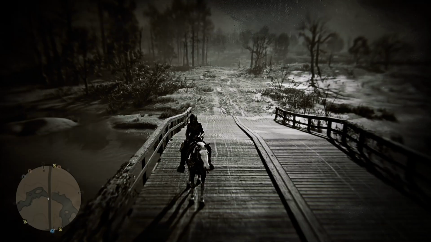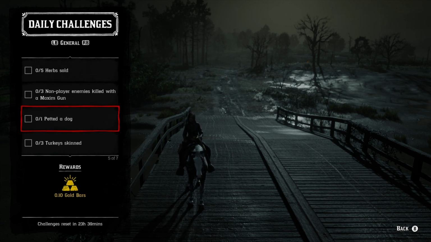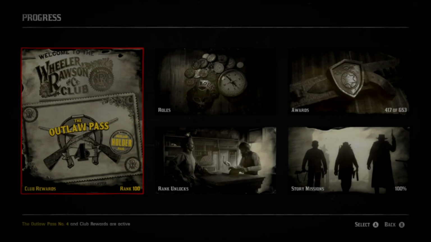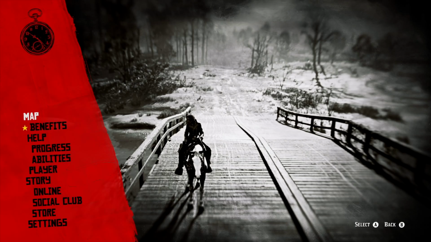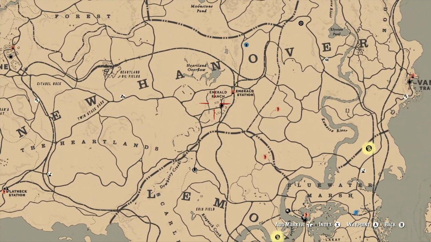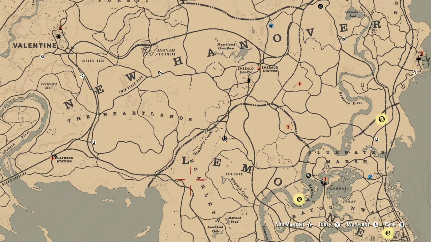And we got to get out of this menu before we can get down to that. The next one on the list is petted a dog. If you don't have a dog, there are a couple different locations you can go to. There's a dog in Emerald Ranch right next to the fence. If you don't know where that's at, let me show you right where you can find that. Right here at this location, just outside the fence, there is one. There's also one down in Tumbleweed by